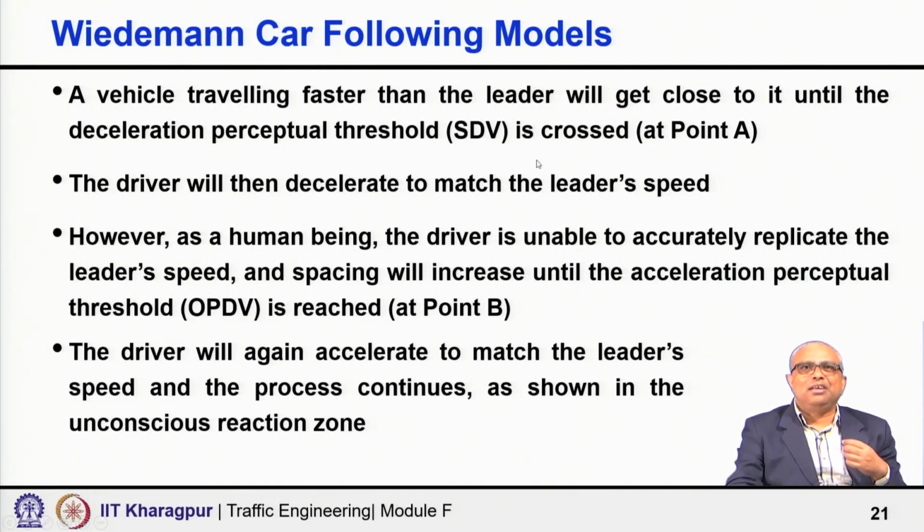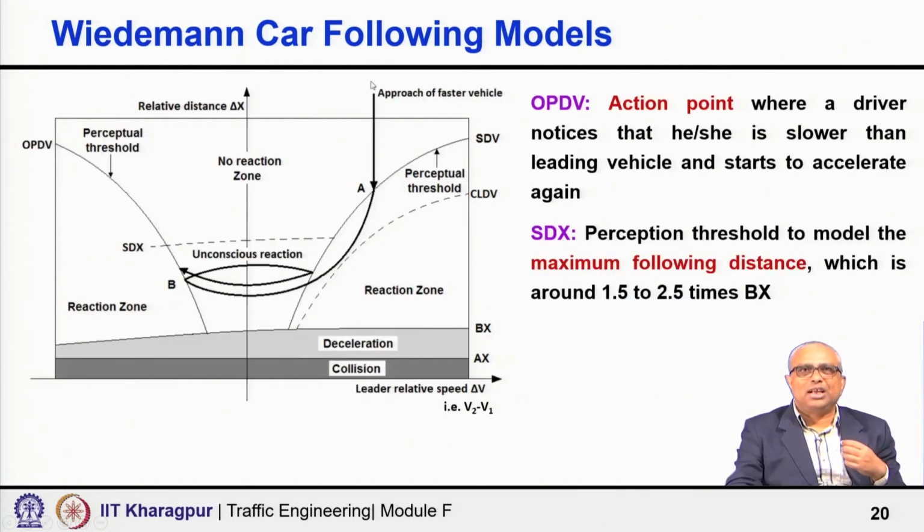Now, a vehicle travelling, what is this line? Suppose a faster vehicle is approaching, and the moment the SDV is crossed, what will the vehicle do? The vehicle will start deceleration. Now, if it keeps decelerating and finally reaches this threshold of OPDV, point B, then it realizes the gap has increased. I have decelerated, but now the gap has increased. So, it will start accelerating, but by accelerating sometimes we may again touch this threshold of SDV. So, again we will start to decelerate,